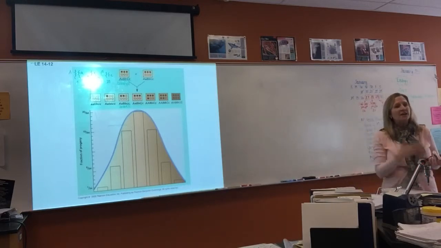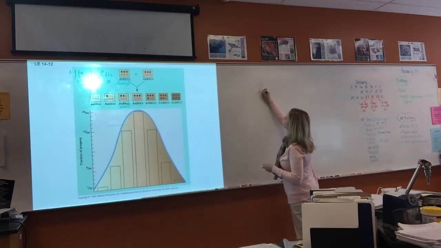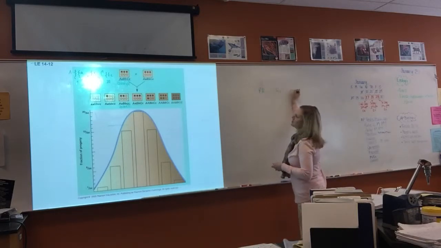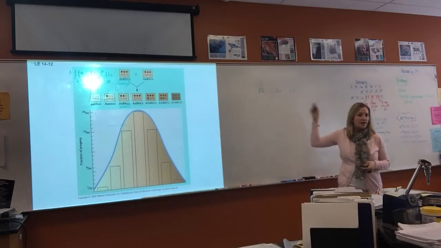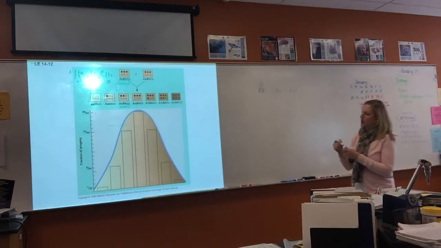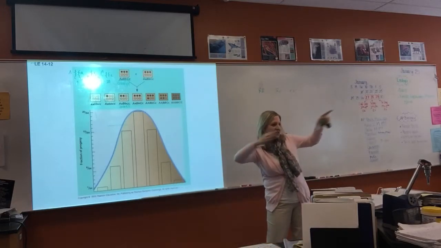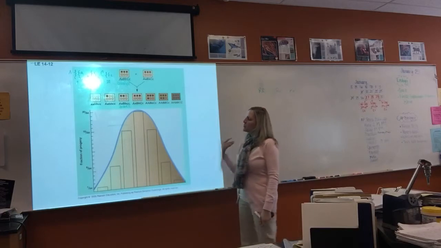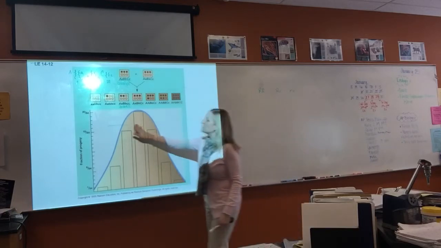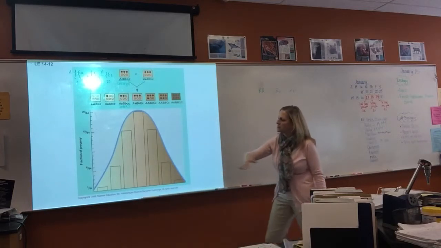All right, and that's how we can get such a wide variety. If you had just dominant and recessive, there'd only be 3 different genotypes that somebody could be, and therefore only 3 different skin colors. All right, so having multiple gene pairs allows you a greater variety, and that's that continuum they were talking about. So in a population, when traits are inherited by polygenic inheritance, we usually